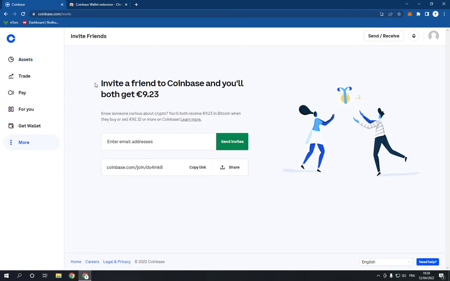Now as you can see, if you invited a friend to Coinbase, you will both get $9.23, euro, sorry. So now you can copy this link and send it to your friend, and if he joined Coinbase, you will get this amount of money,